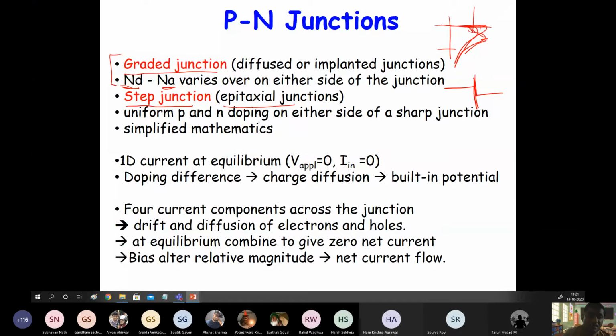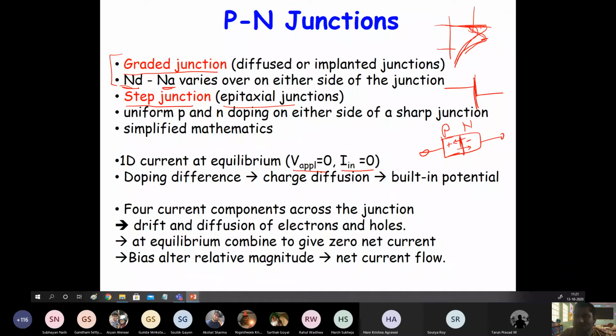At equilibrium, now equilibrium is a condition where you do not apply any voltage and do not inject any current. So injected current and applied voltage are both zero. So basically, the PN junction terminals are open. They are neither connected to a voltage source nor connected to a current source. But what will happen if you have this PN junction here? Now p type will have a lot of holes, n type will have a lot of electrons, and at the metallurgical junction there is a sharp gradient, right? So these electrons and holes will diffuse to the other side, right?